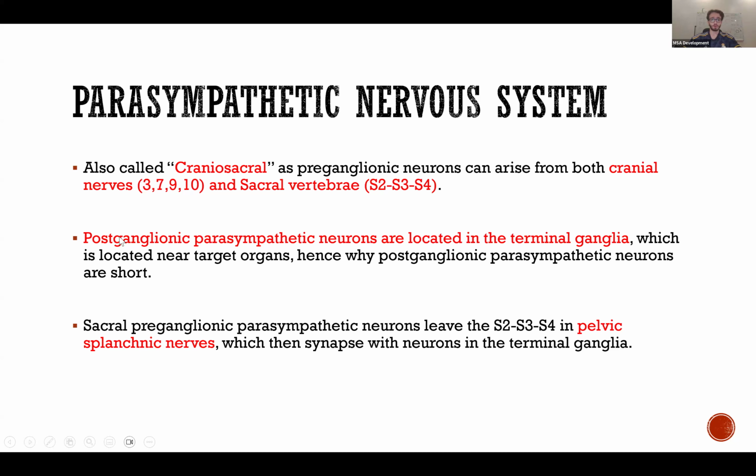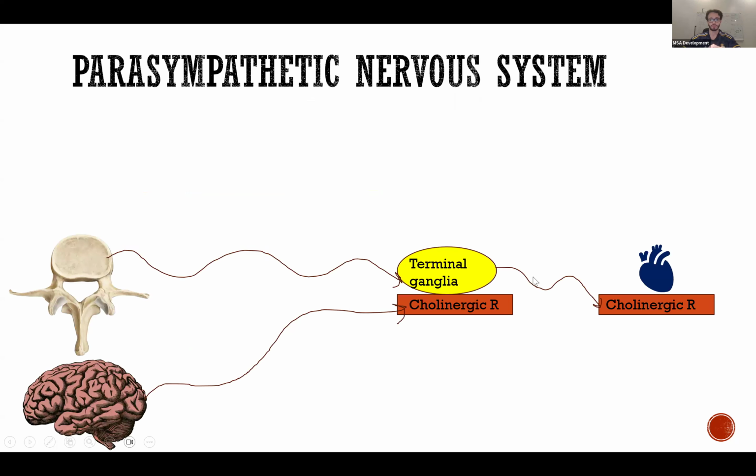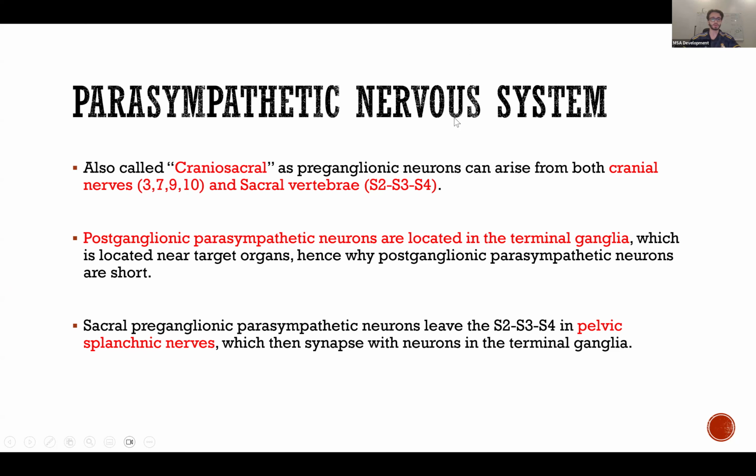Well, as we said, postganglionic parasympathetic neurons are located where? In the terminal ganglia, which is located very close to the target organs. That is why the postganglionic parasympathetic neurons are short, as we saw in this diagram. Right. One more piece of info which you could be asked about. It is not very important, but it could be asked in a recall format, which is that the sacral preganglionic